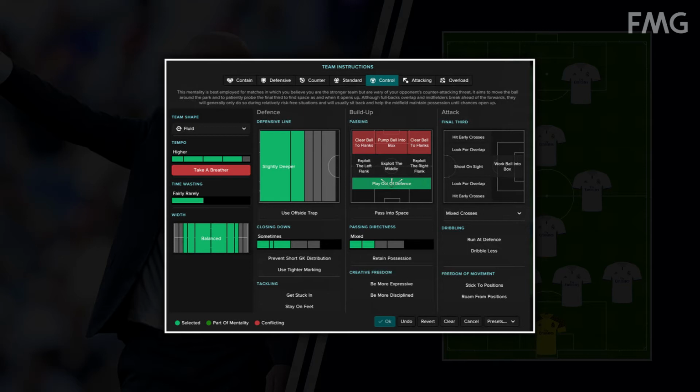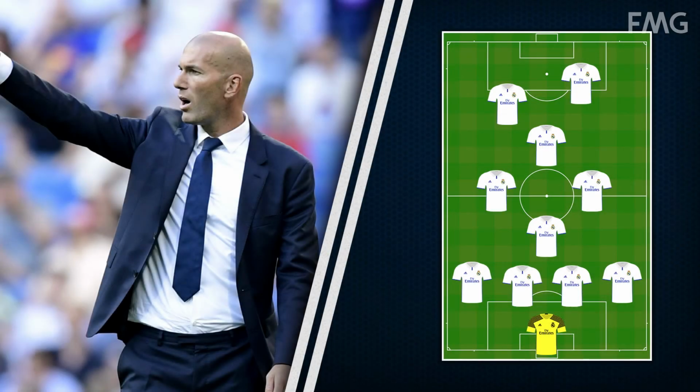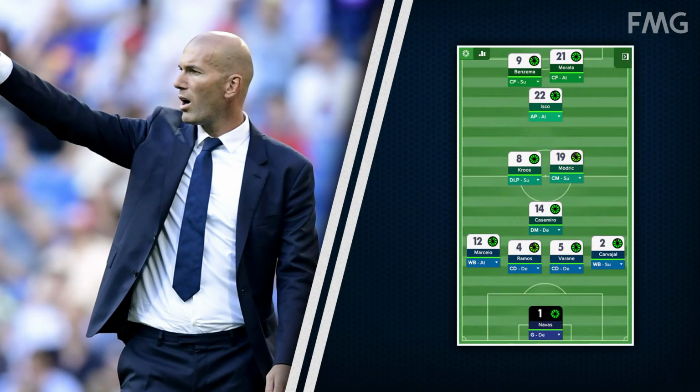We'd like to start with fluid to get the center mids properly set up beside the defensive mid when defending. We would also want to go with a slightly deeper defensive line for low block defending and for drawing out stubborn defensive opposition. We also want to set it up to play out of defense because it's really how Real build up attacks. And for the width, we want to play fairly wide to utilize the wing backs to their full potential. So now let's go over the various player instructions and roles for each position on the pitch, starting with